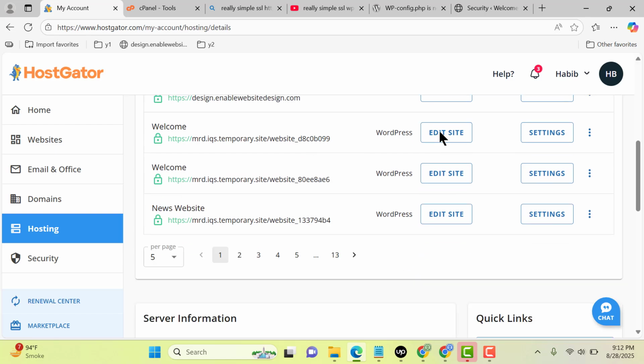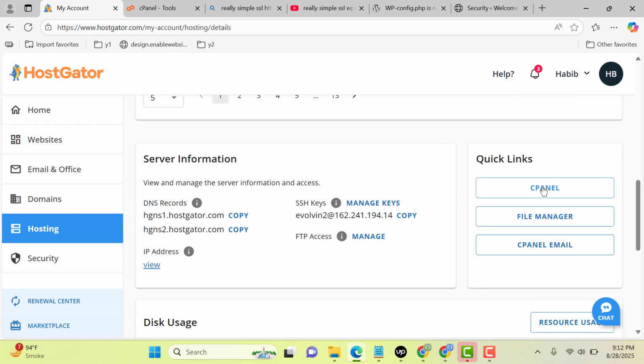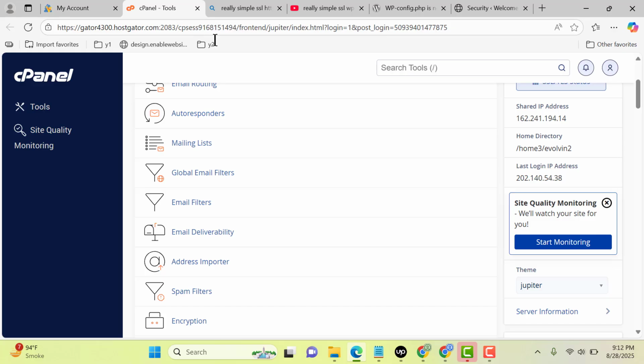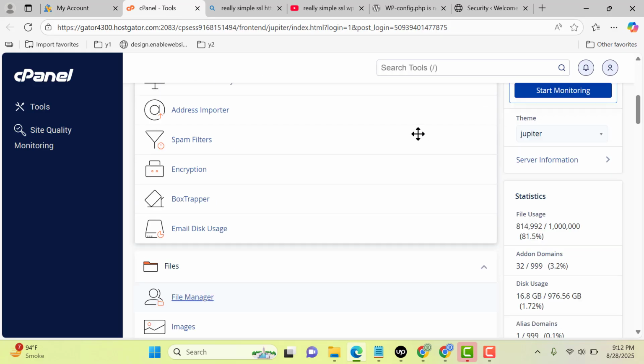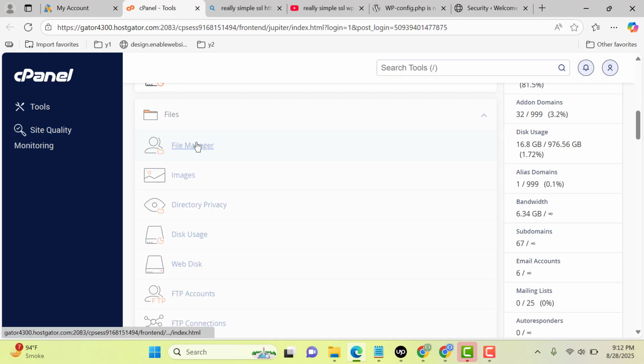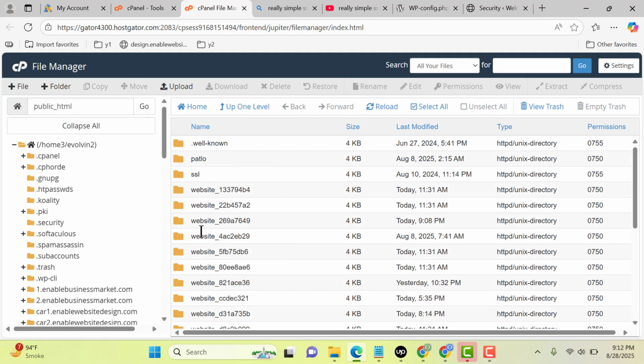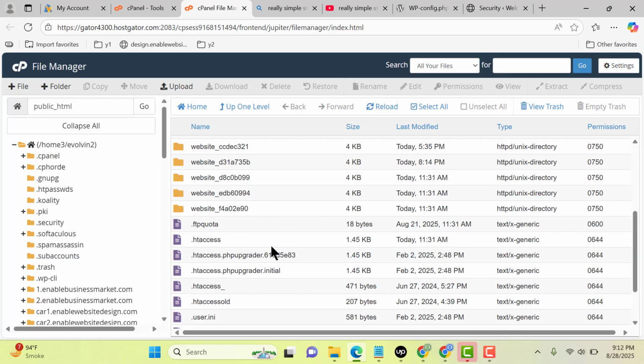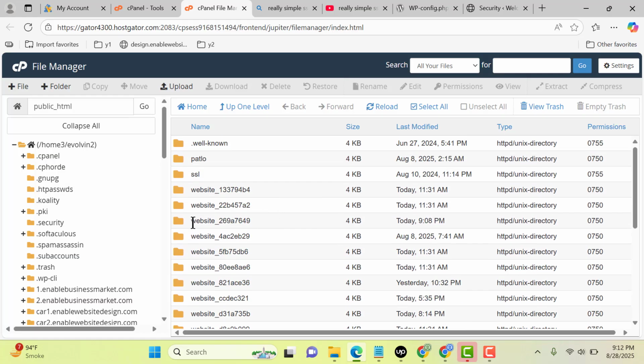First of all, you can go to cPanel, this one, okay. After that you can scroll down and find File Manager, and now here you can see there are multiple websites available. Okay, now let me go into this website